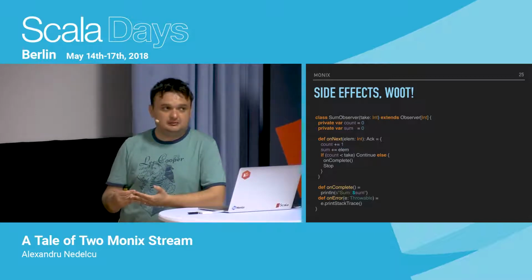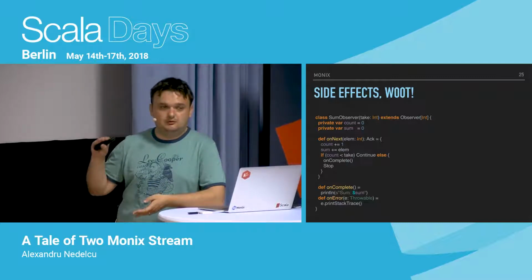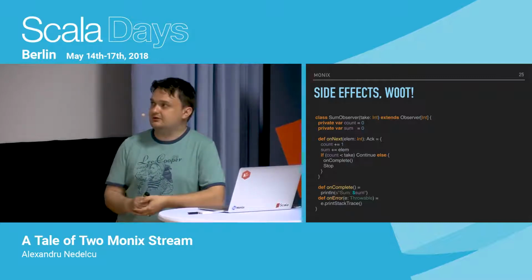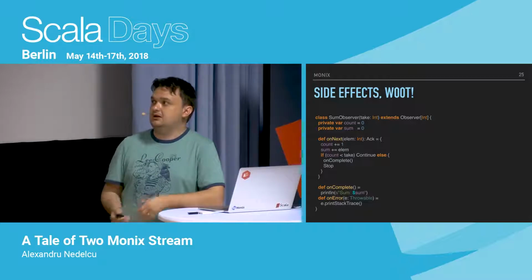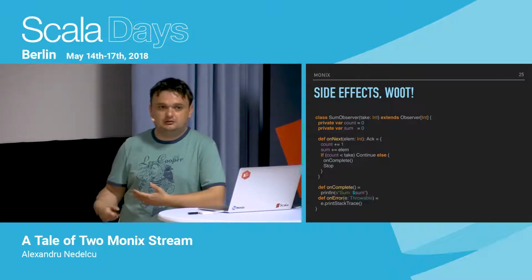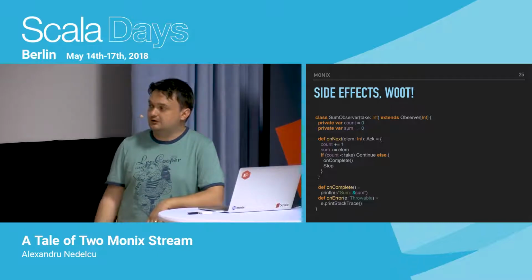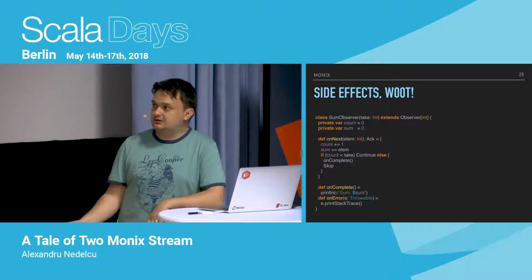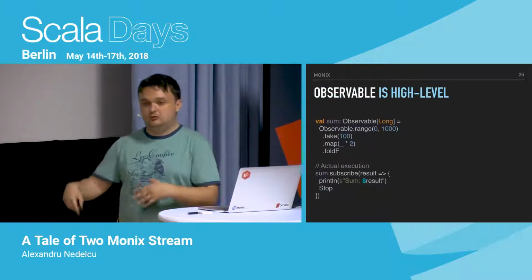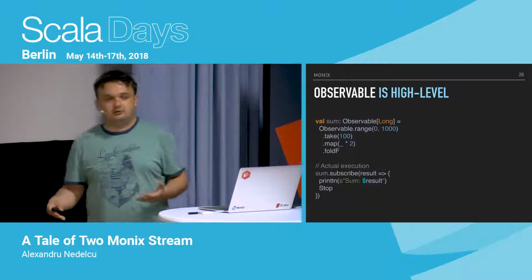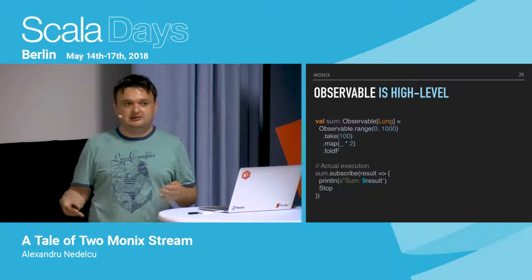And Observable basically behaves like a lazy collection, like a Scala collection, but a lazy one that can suspend side effects and do all sorts of neat things: aggregations, throttling, buffering and so on. Usually you work with high-level operations that describe the processing you want to do with pure functions. And in order to execute the described computation, you have to subscribe to it. Subscription is still a low-level operation, so we also provide fold operators that return tasks instead of